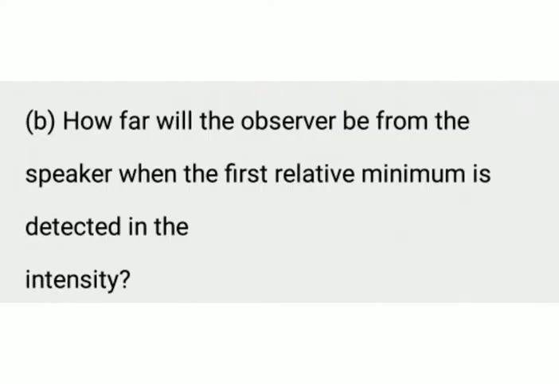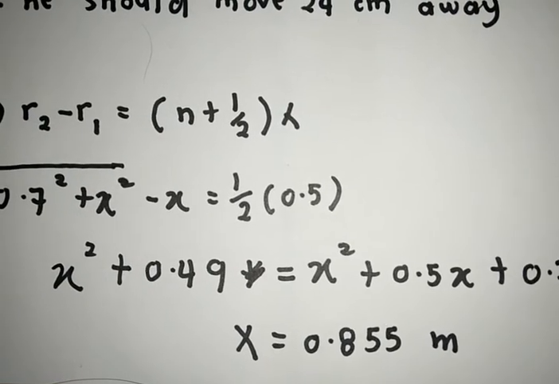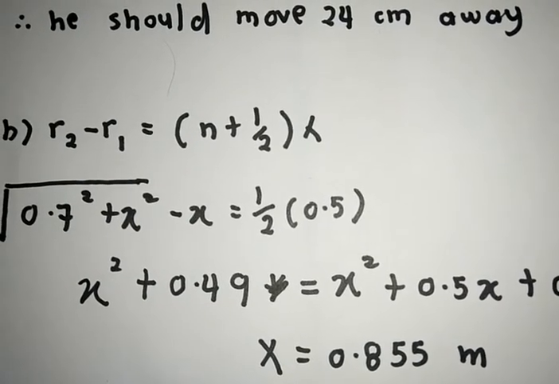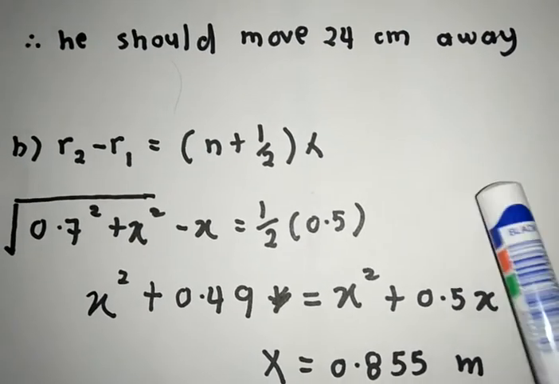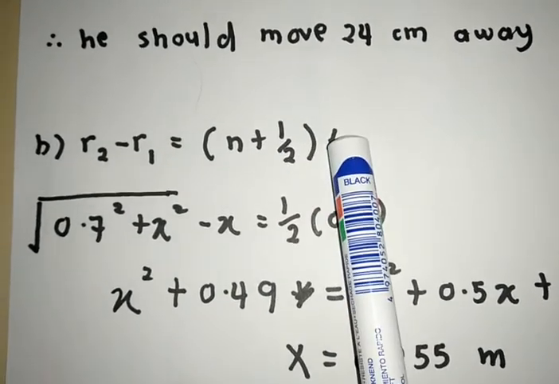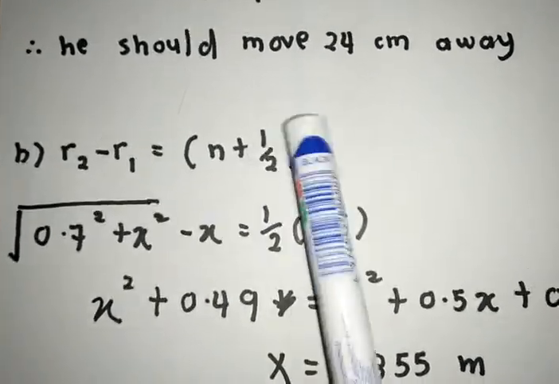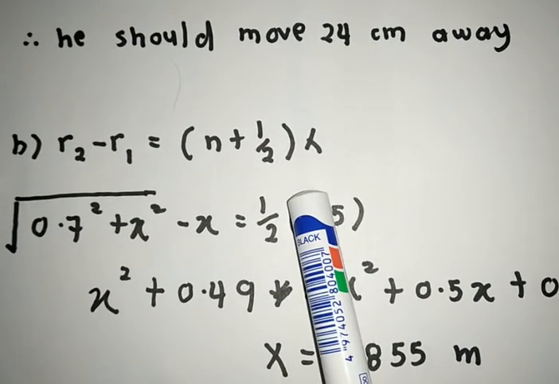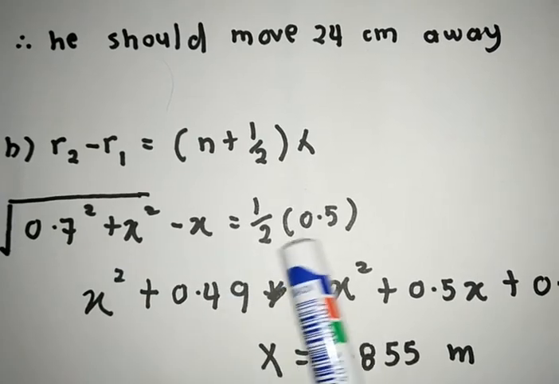We will move to question 8b. How far will the observer be from the speaker when the first relative minimum is detected in the intensity? To find a minimum where the waves destructively interfere, the path lengths must differ by a half wavelength, so we use the destructive equation, which is 1 plus 1 over 2 multiplied by lambda, which gives us